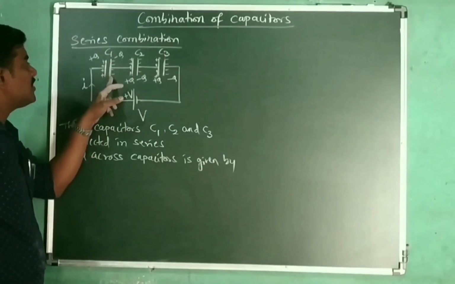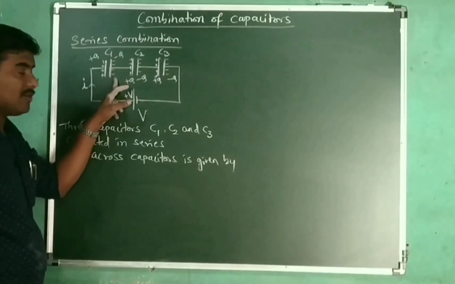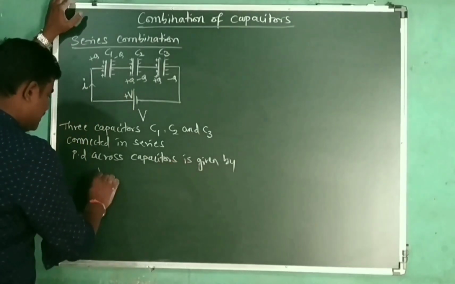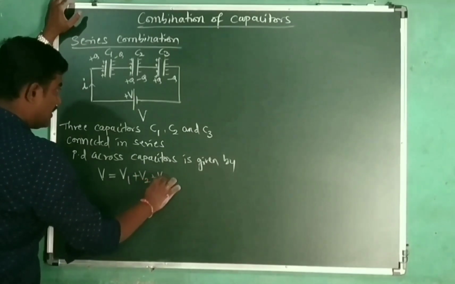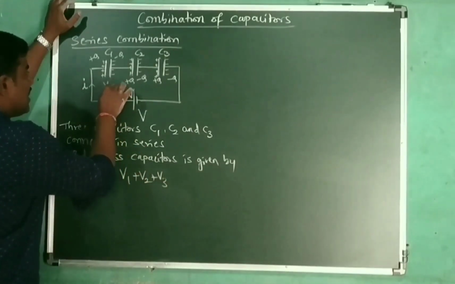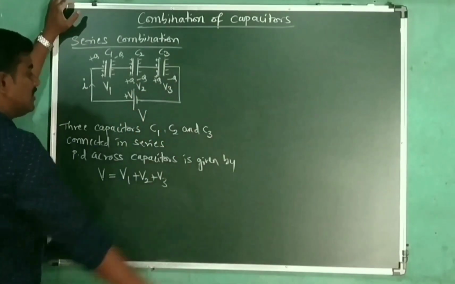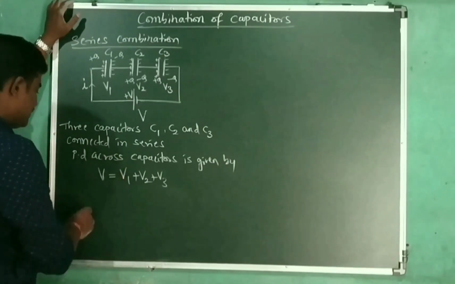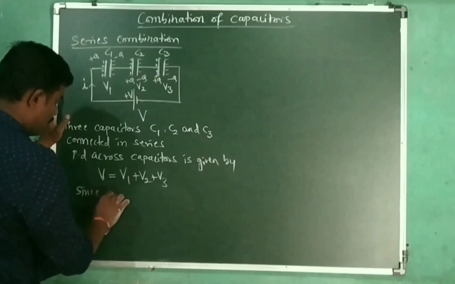The same number of charges will locate on the second plate, with negative charge. So potential difference is given by V is equal to V1 plus V2 plus V3. Say potential across the first capacitor is V1, second is V2 and third is V3. Since the charge is the same,